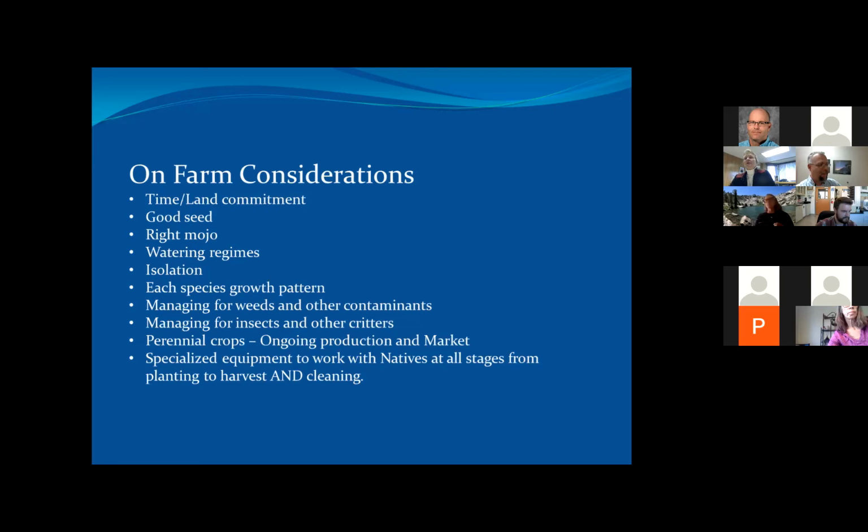Managing for weeds and other contaminants, Patrick went into that quite a bit, and that is one of the banes of our existence also. So one of the things that we're always looking at and thinking about is what can we put in, similar, I think, to what Hedgerow Farms does, mixing grasses and then forbs. So changing the production of whatever has been going on in one field so that we can do a better job of cleaning, because we can't get all of the weeds out. That's a pipe dream in many situations.